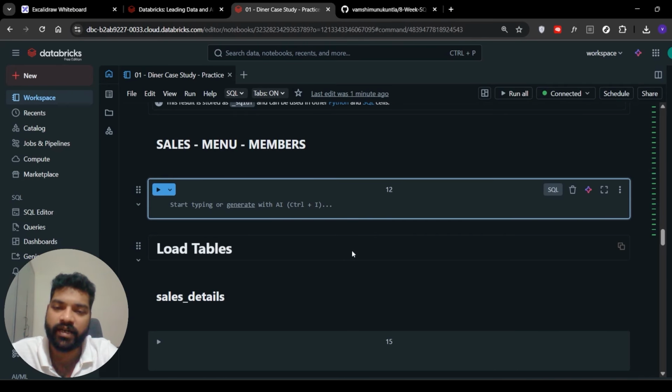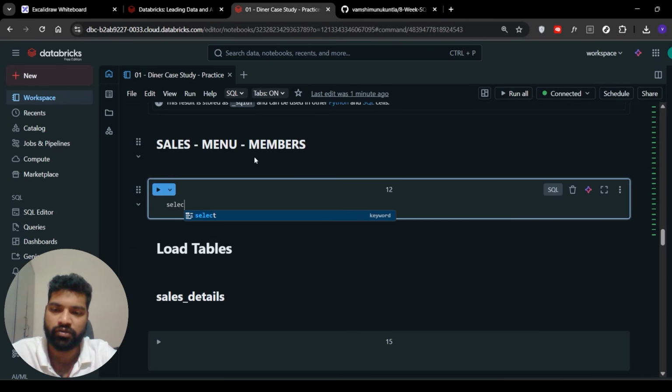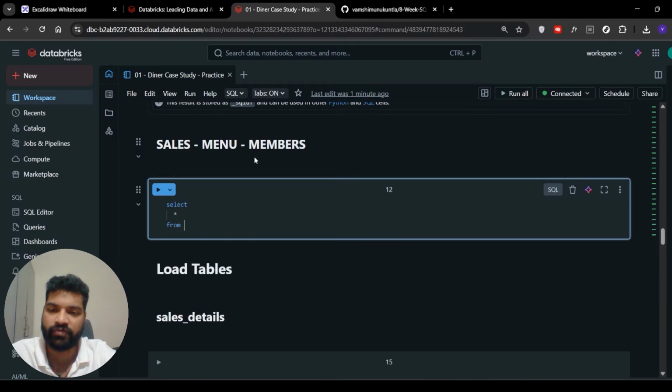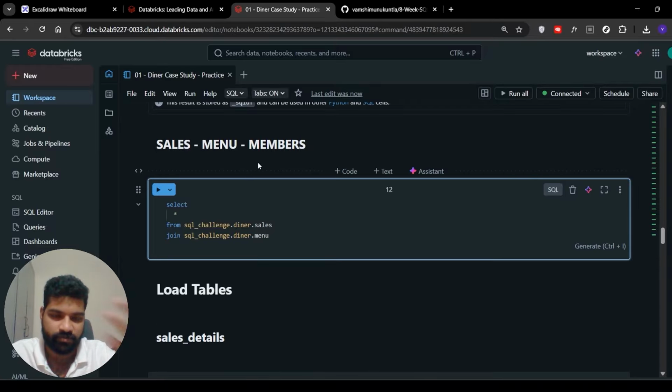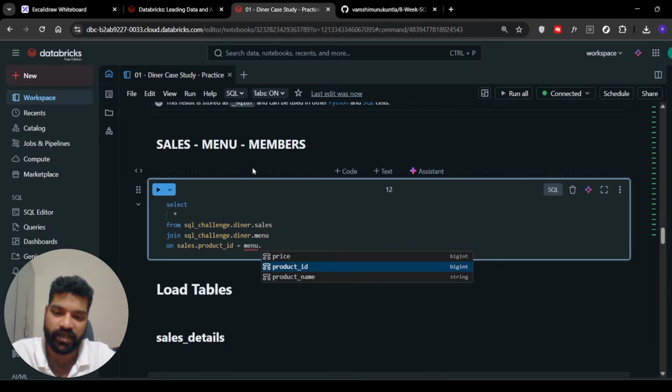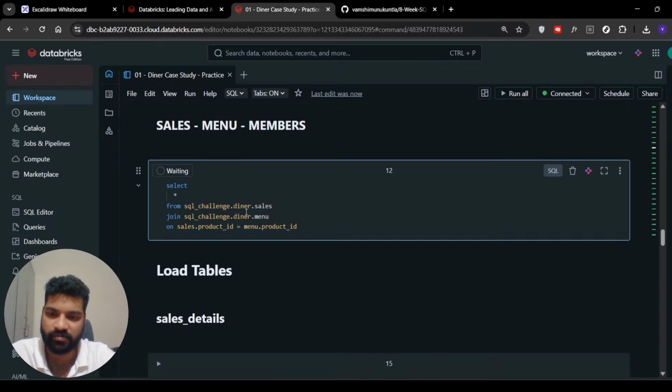Okay, now let's create this diner data using all these three tables. Simply select star from SQL challenge dot diner dot sales. Again, we are joining it with SQL challenge dot diner dot menu. If you run this, don't forget to provide a join condition, which I keep on forgetting. So sales dot product ID equal to menu dot product ID. If you run this,